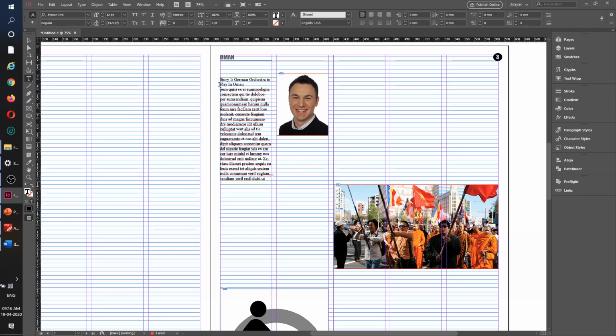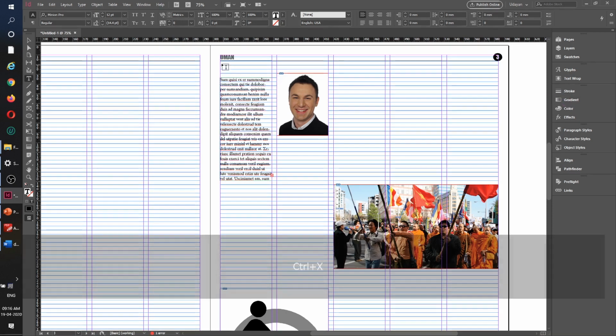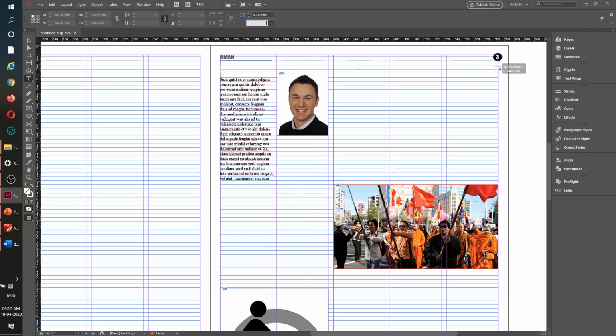I'll cut from here to the top, Control X, and I need to place it from here, somewhere here, and I'll make a box which will cover entire 3 lines, like so.